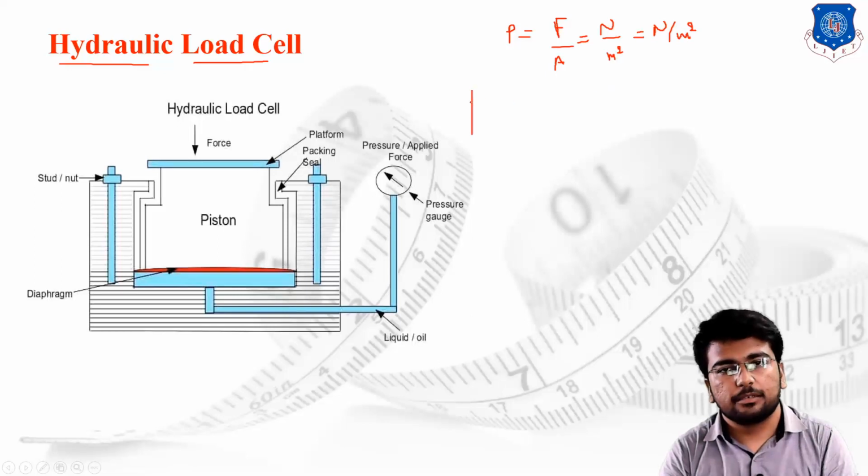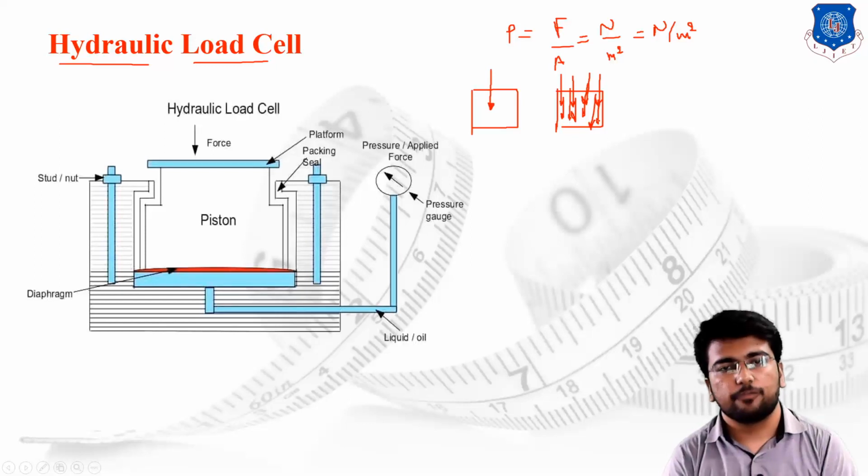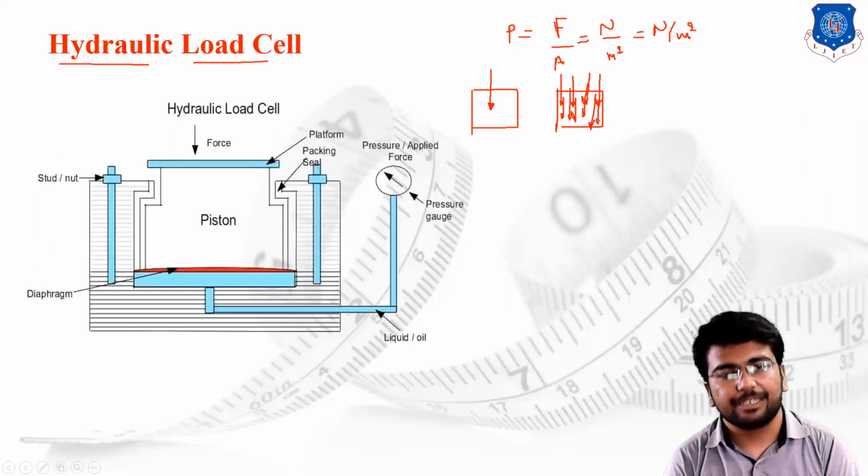Do remember one thing, suppose this is the surface, then whatever the force is applied, the force is applied over a point on the surface. This is known as a force. But if we have distributed the forces in different spots like this, if the application of the force is over the area instead of over a point, then it is known as a pressure. This is the basic difference between force and pressure. Force is applied on a point, whereas pressure is applied over a surface.